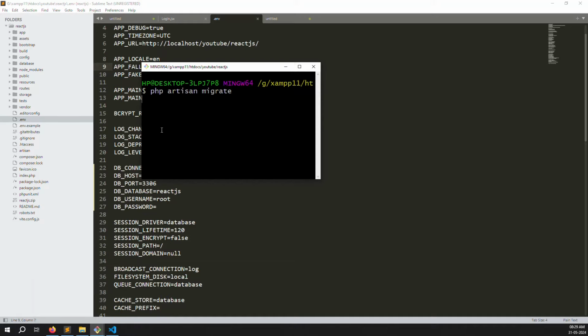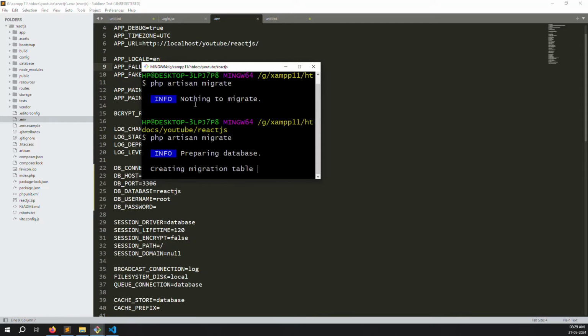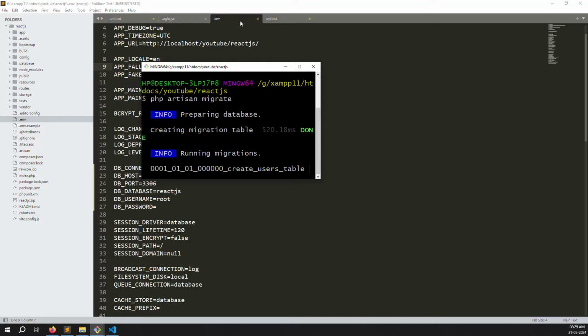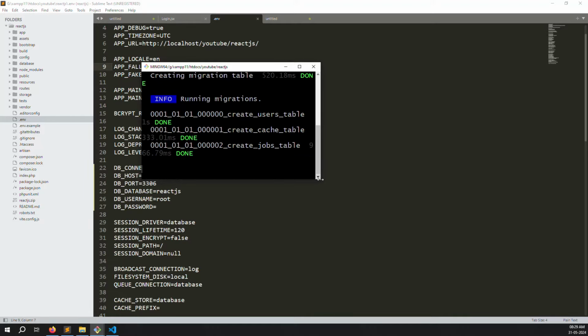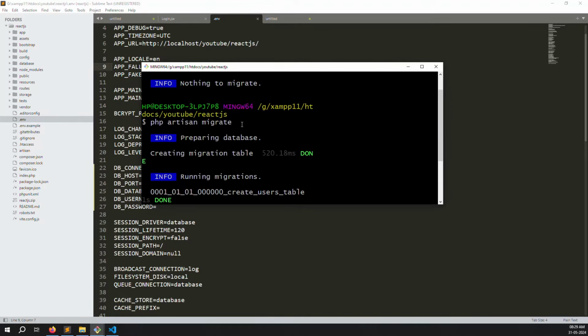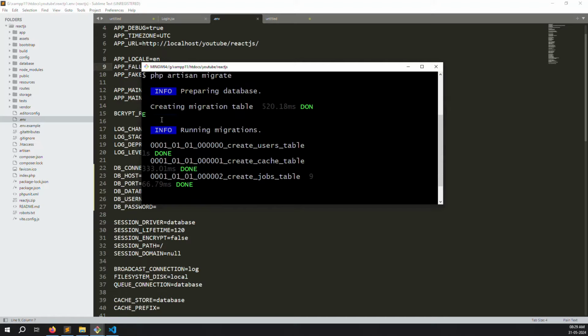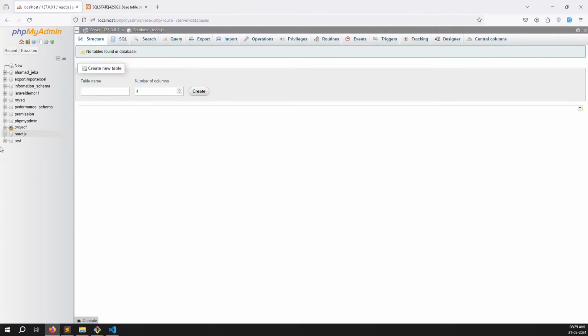Okay, it takes a few seconds, and there is nothing to migrate because of the unsaved files. Run php artisan migrate again, preparing to migrate, because I had not saved these migration files. Once I have saved and pressed enter, you can see it's working very well. Let's go back again and refresh the page, and you can find some tables out,